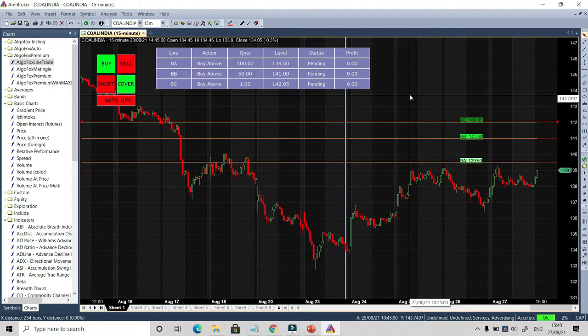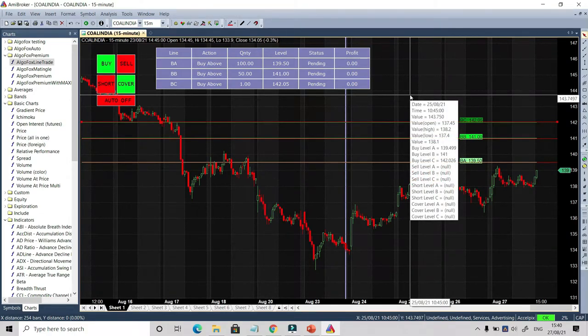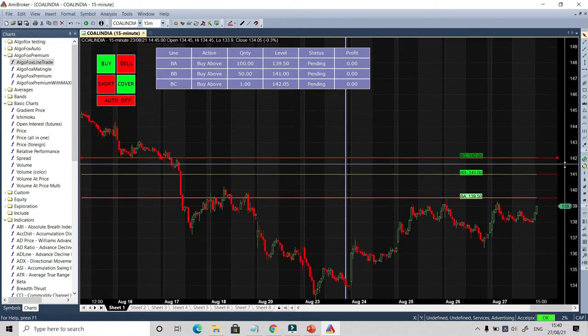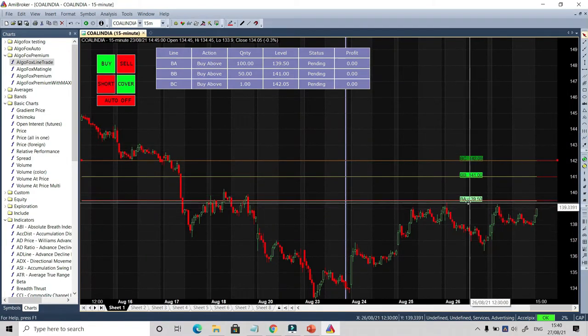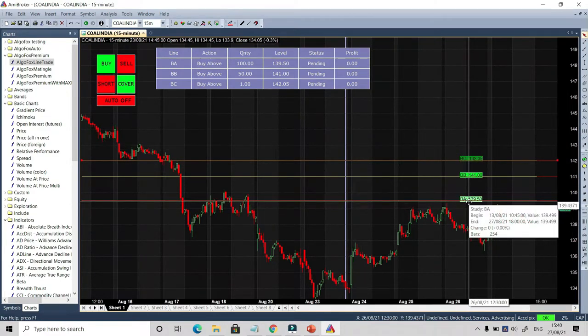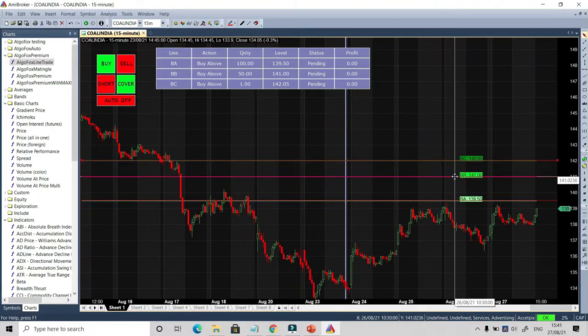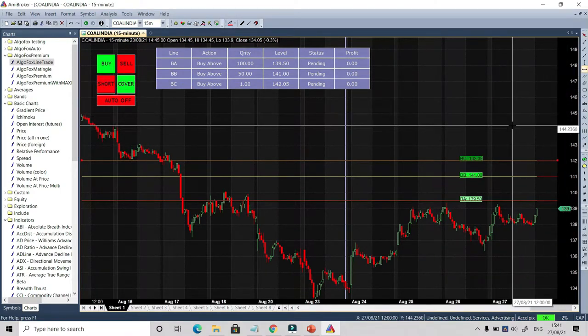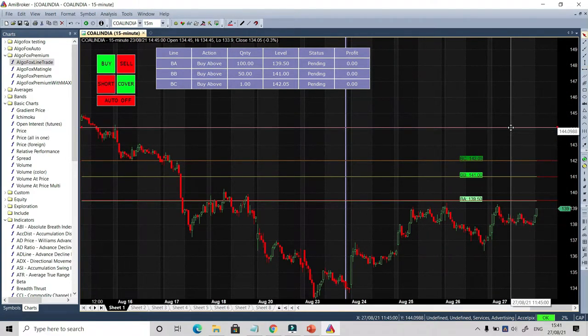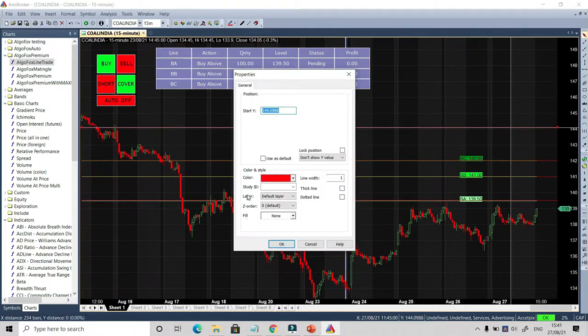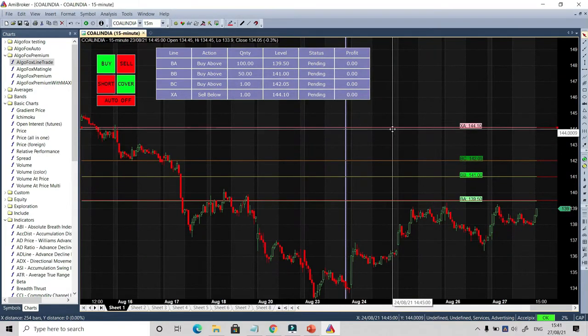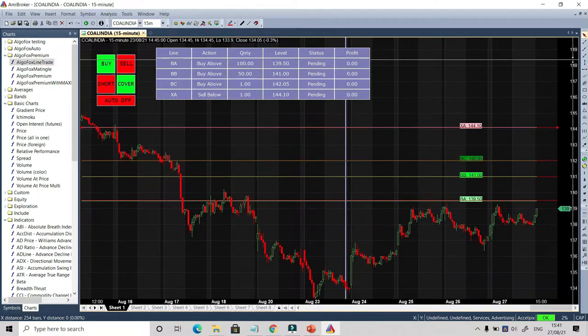Similarly, if I want to keep targets, I can keep multiple targets. For example, I'll just push the chart a little down. Yeah, now I will buy basically 100 shares at 139.5, 50 shares at 141, 1 share at 142.5. If I want to exit, I can take another horizontal line, say somewhere around 144. Click on this, and since sell is represented by the alphabet X, the first level of sell is XA. So XA basically represents the first level of sell.